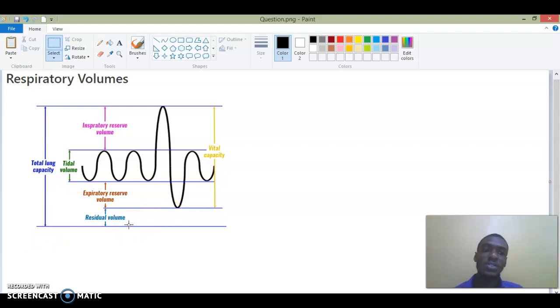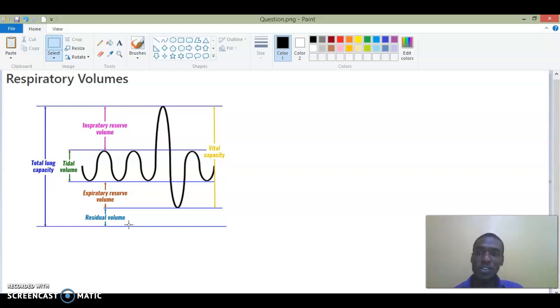That tells you that it is possible to fill your lungs to the maximum by breathing in, but you cannot completely empty your lungs. There is always that little bit that remains in your lungs. Very small amount compared to the capacity, but there is a small amount that remains at all times. It's very hard to completely empty your lungs. Alright, so